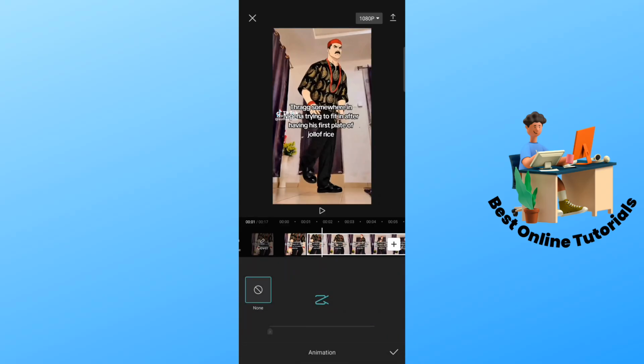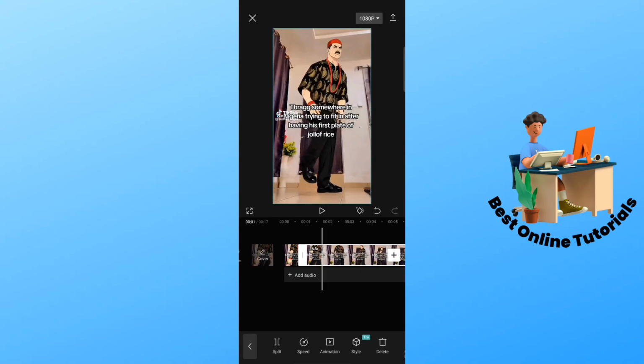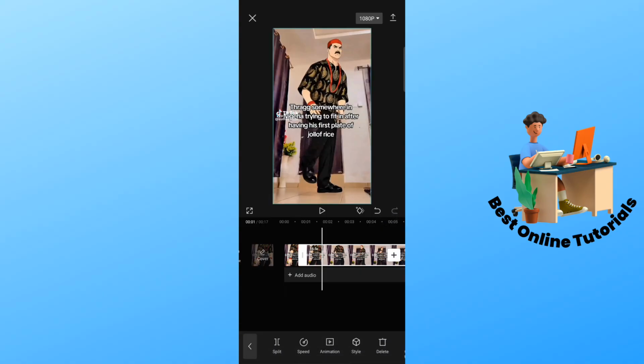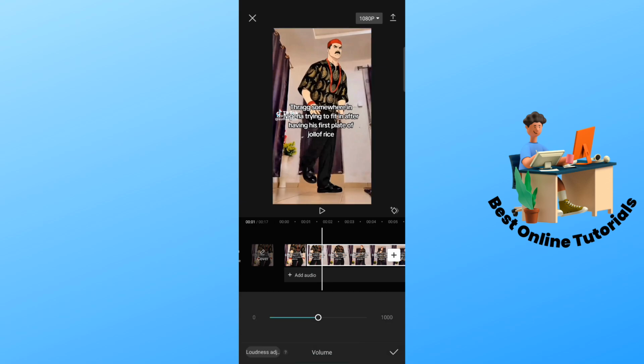You can use animations to add different animations to the video itself. You could also make use of style, that is basically animations, and you could also delete the clip. You could use camera tracking to track various parts of your clip. You could also use the volume key here to simply increase the volume of the clip, or to set it